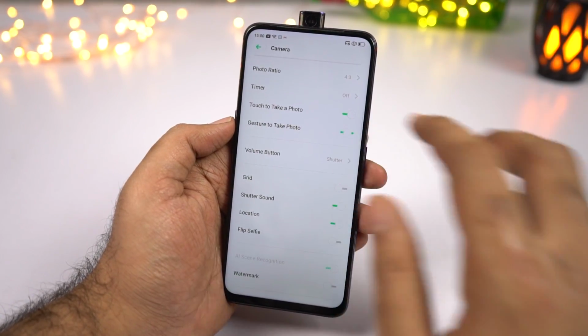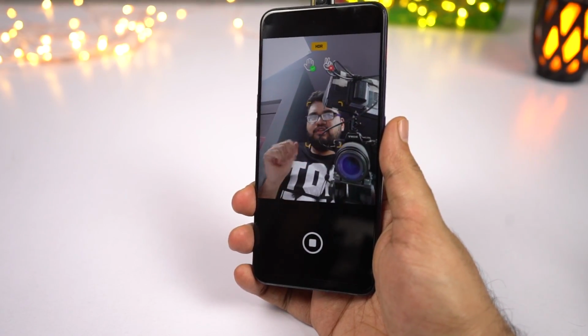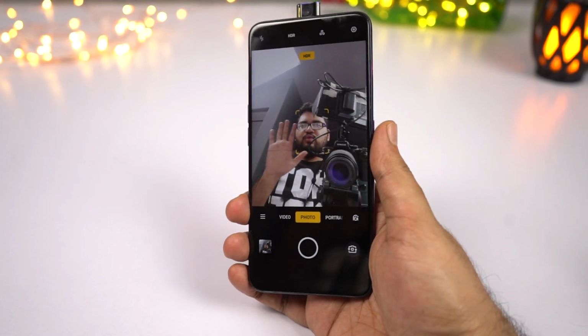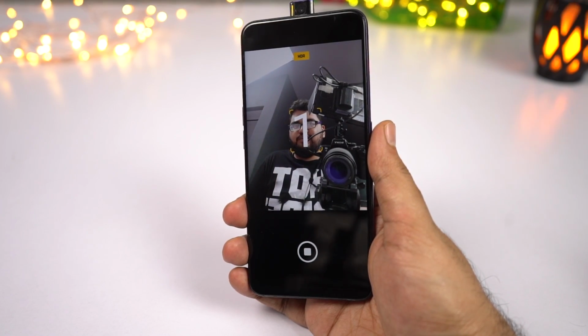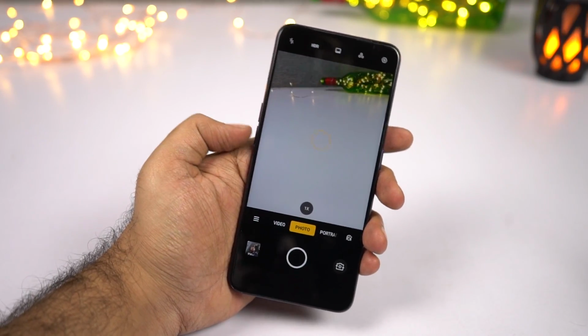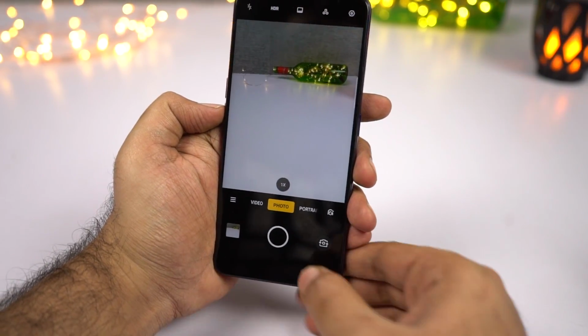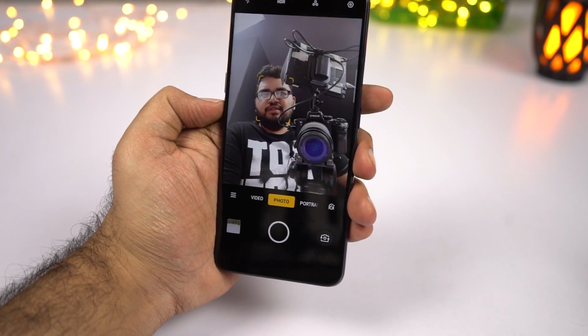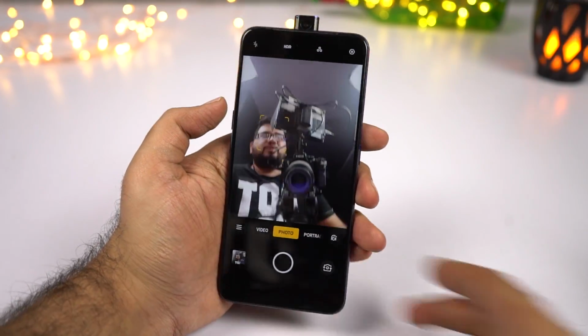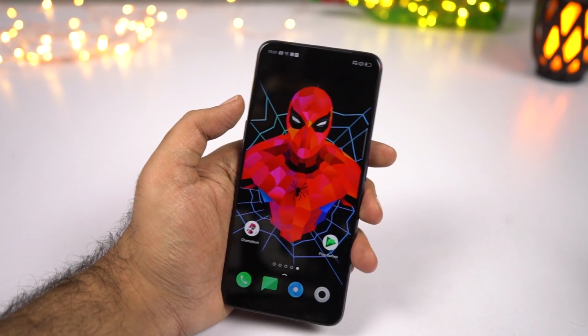Next we have gesture to take photo. Once you enable that toggle, you can show your palm to take a picture after 2 seconds. Once again, it's really useful for taking selfies and probably only works with selfies. Next, we can also use the volume buttons to take a picture. Just click the volume button to take a picture. It also works with selfies. Those were the 3 different camera gestures, and now I'll show you how you can use face unlock on this